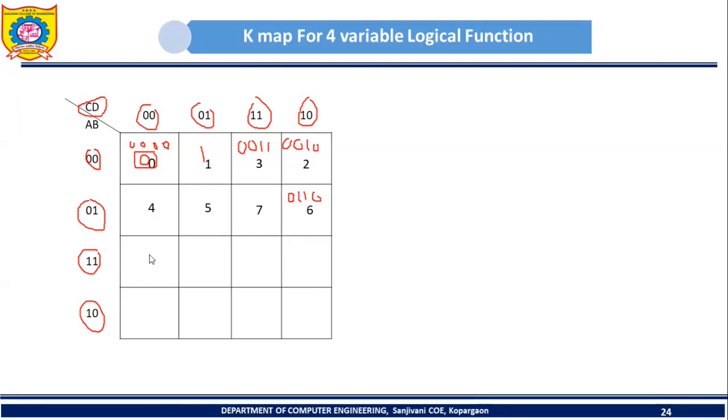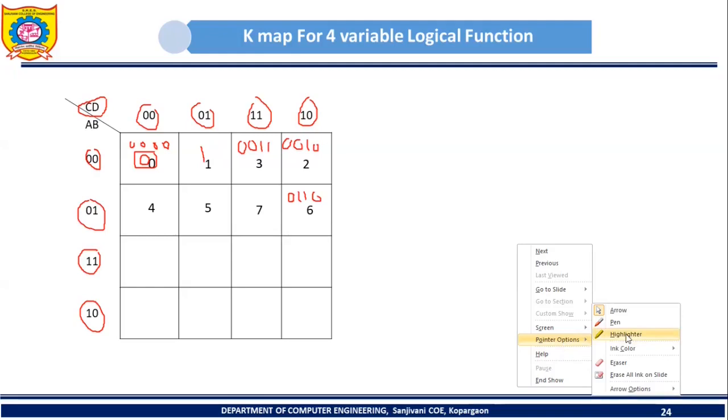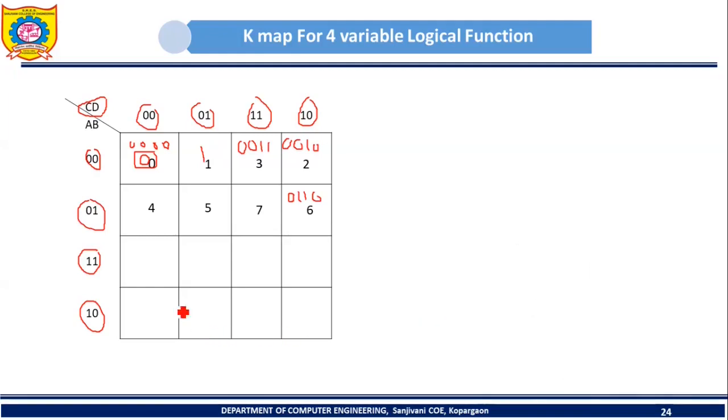Then where will 8 be? Whether we will have 8 here? No, please take it here also. So 8 will be here, right? Because which is the input combination corresponding to this cell? Yes, here A is 1, B is 0, and C and D are 0 0. So 1 0 and then 0 0. If you convert this number into decimal, you will get 8 here. So this is the cell which will correspond to input combination 8.